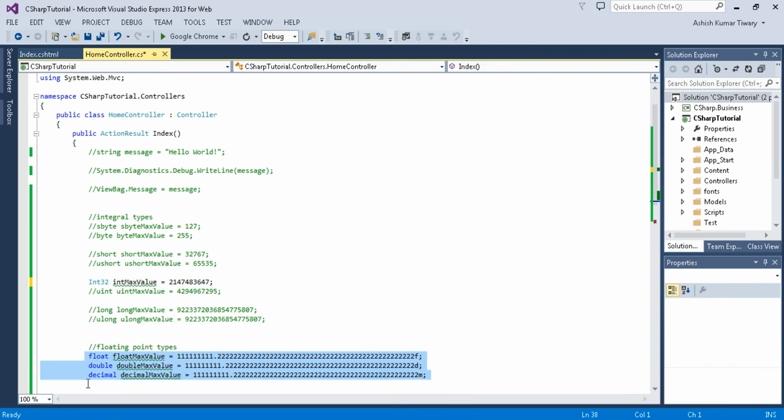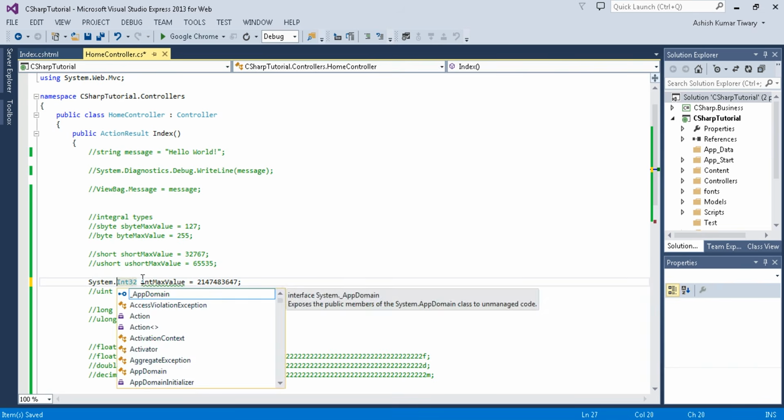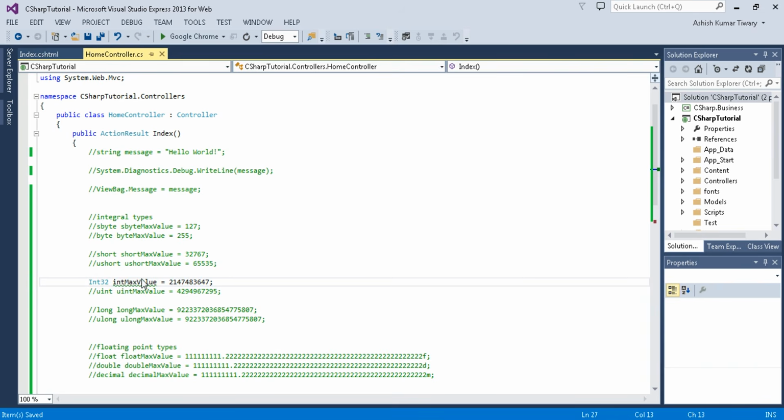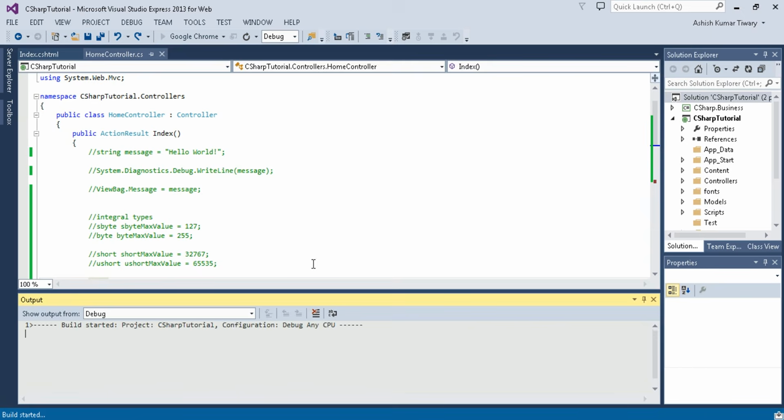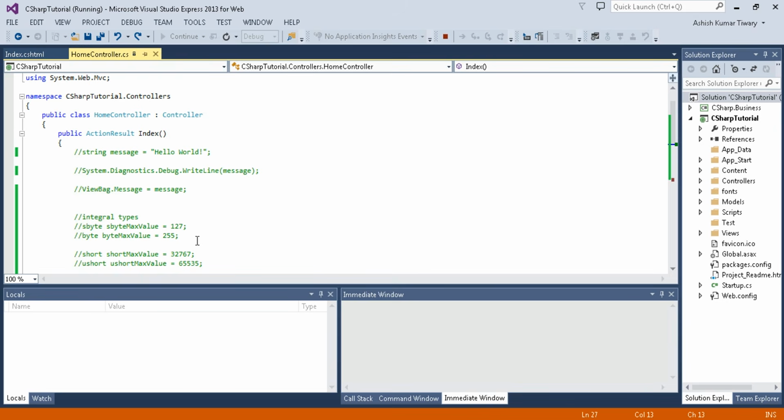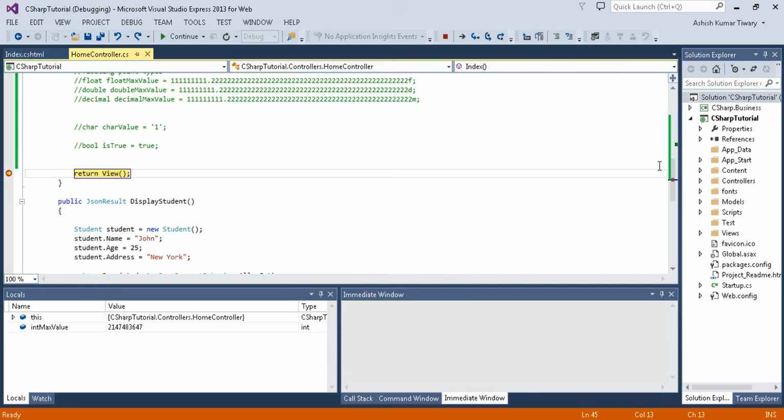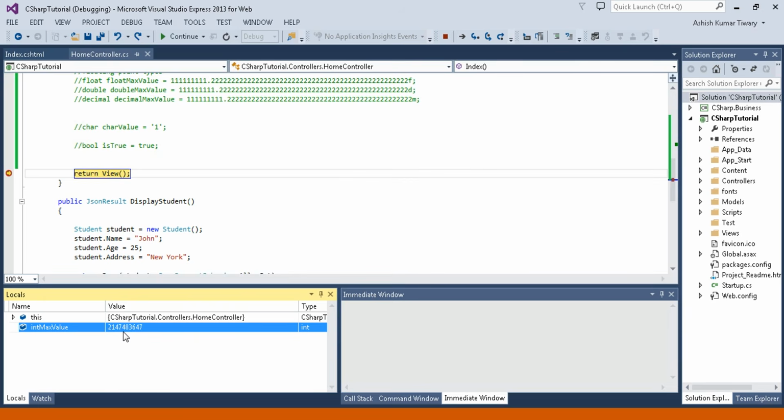Okay, let me comment this one, Ctrl+K+C, and this is nothing but your System.Int32. Okay, so let me print this. See, here you can see the value.